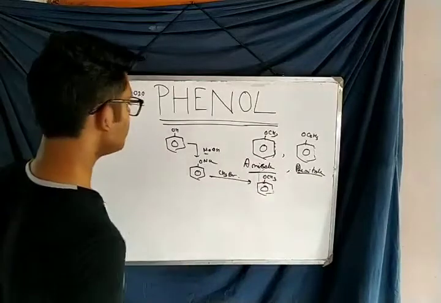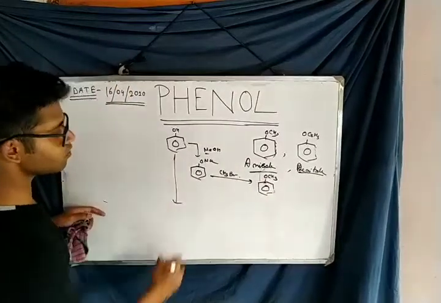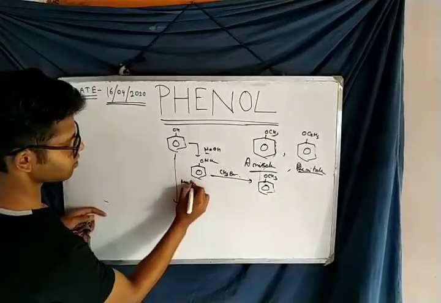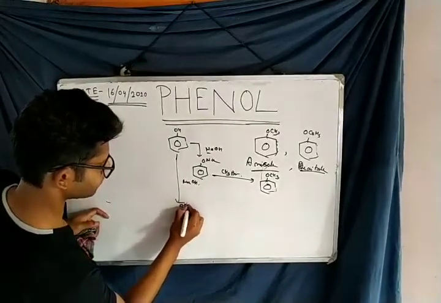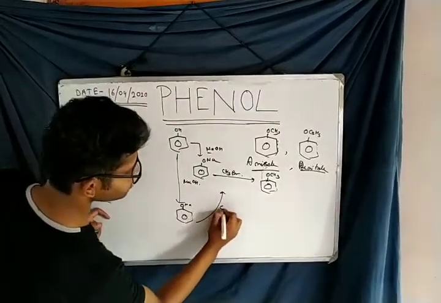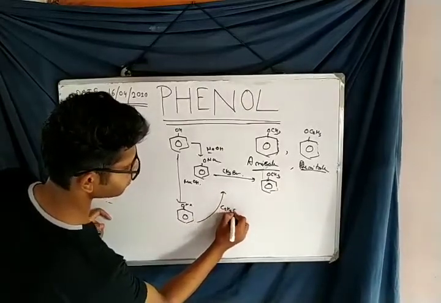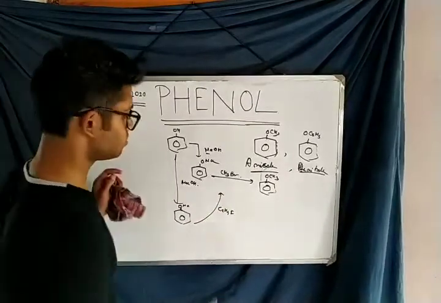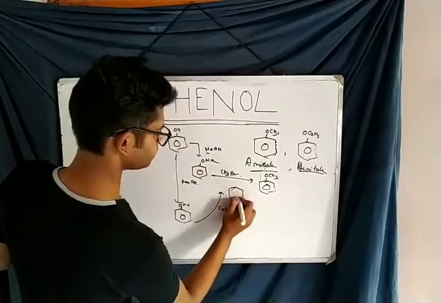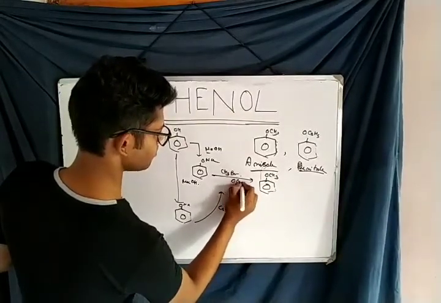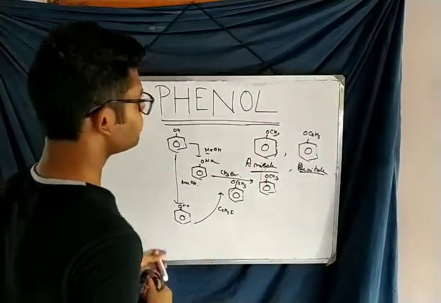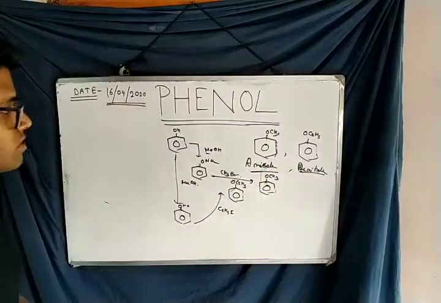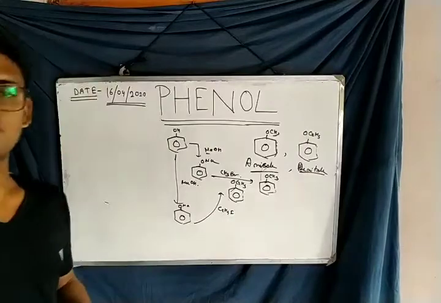So this is anisole, and again when phenol reacts with NaOH, similarly ONa is formed. Now if we treat it with C2H5I, ethyl iodide, the product will be OC2H5. So this is phenetole. So this is the preparation of anisole and phenetole. It is a very important process. It is a very important compound. Those are reagents from phenol.